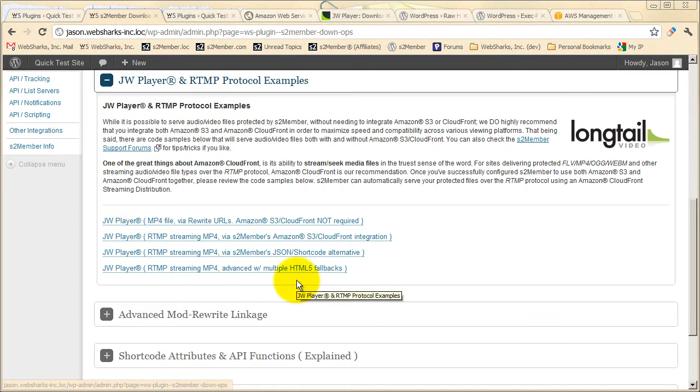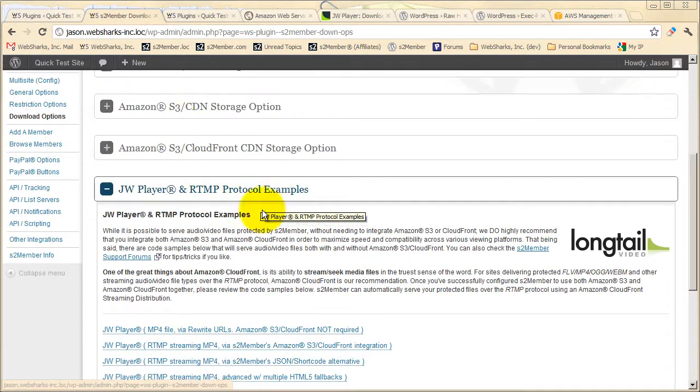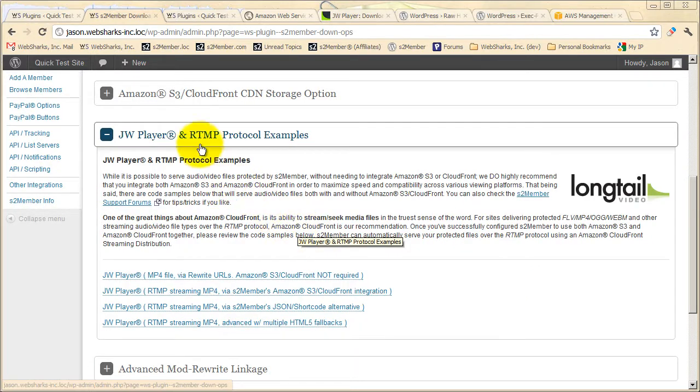Okay, now we're going to discuss the JW Player and the RTMP protocol, which becomes possible once you have Amazon S3 and s2Member integrated with CloudFront as well. Okay, RTMP streaming is a very popular option among membership sites where the audio and video content that you would like to serve to paying users or paying members, you want to make sure that as those files are delivered to paying customers, the paying customers cannot then download the file itself and then perhaps redistribute it. So the RTMP protocol makes that possible,